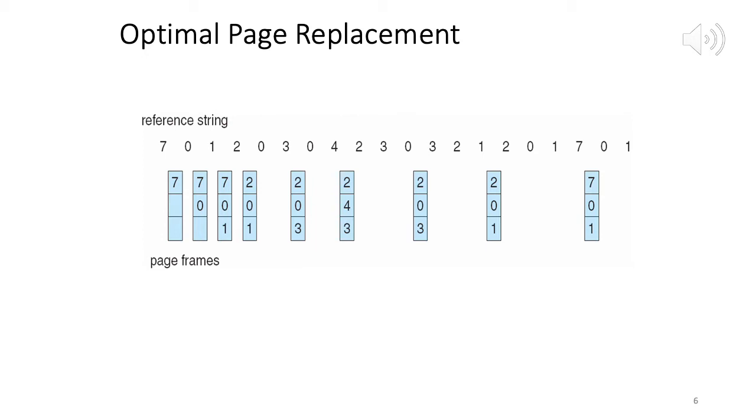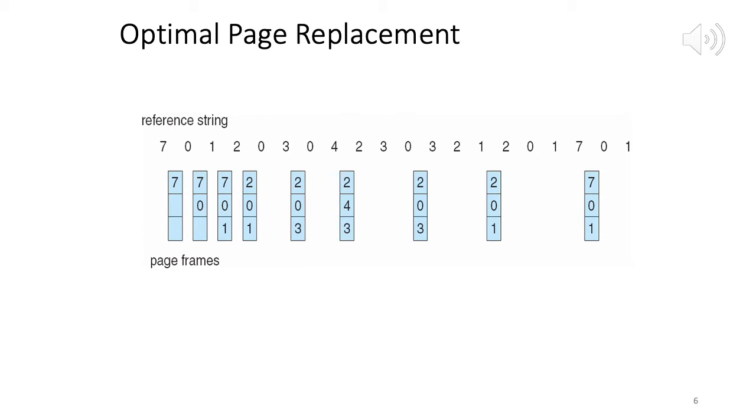Now the 4th reference is to page number 2. So now we have a situation in which we need page replacement. So we have 3 candidates for eviction, pages 7, 0 and 1. So we look at 7, 0 and 1. So 0 is being accessed right after 2. Among 7 and 1 we just look ahead all the way, and we see that 1 is accessed and then 7 is accessed towards the end. So the candidate for eviction is 7. So 2, 0, 1. Now 0, no page fault.